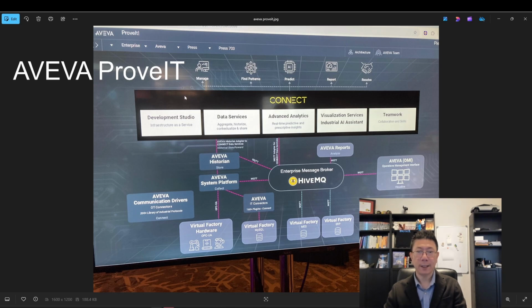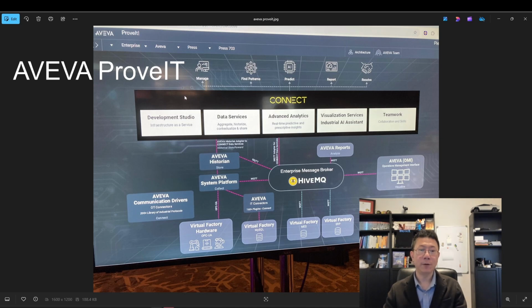They call it visualize and analyze. Right, so this is the on-prem solution. Here, Aviva just wants to showcase they can connect to many different SCADA systems and DCS through this Aviva communication driver. So it's not only OPC UA or MySQL or MQTT, but more, right?